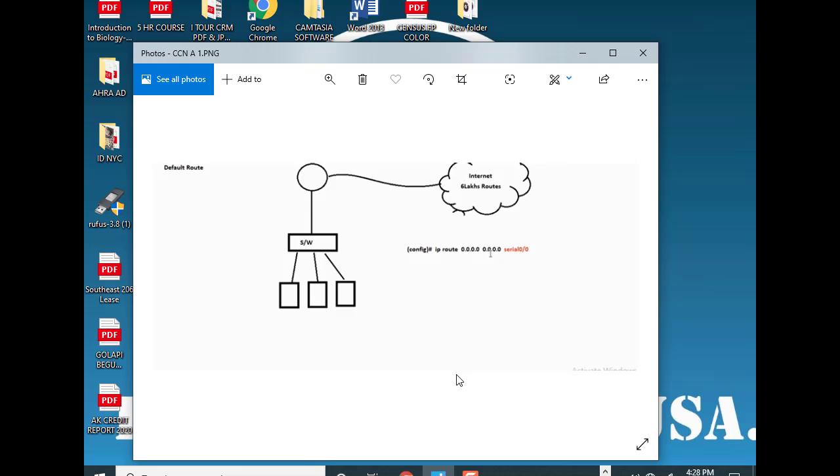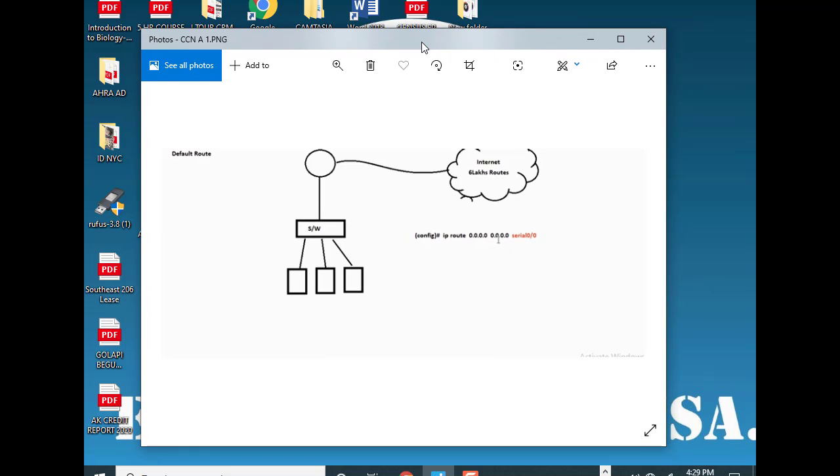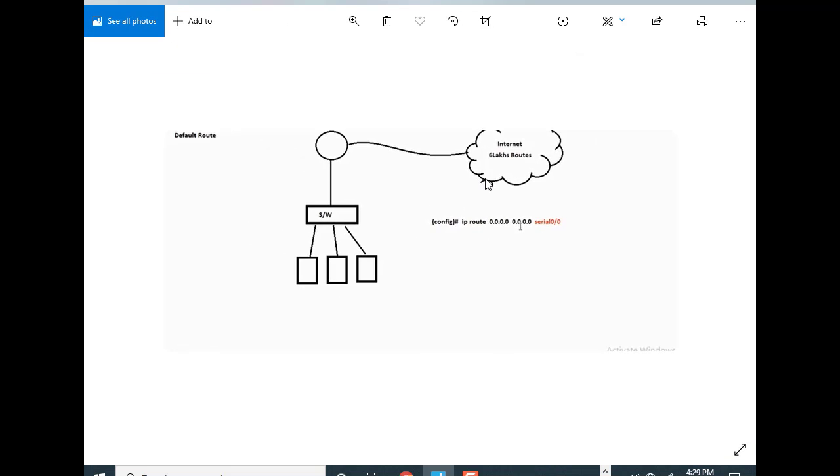Today we'll be covering the Cisco Certified Network Associate chapter on default routes, how we can work with and configure default routing. A Cisco default route, known as the gateway of last resort, is used for forwarding packets whose destination address does not match any route in the routing table. In IPv4, the CIDR notation for a default route is